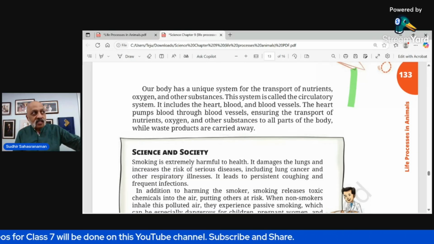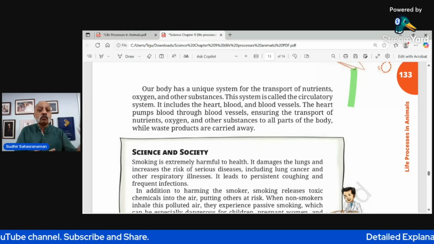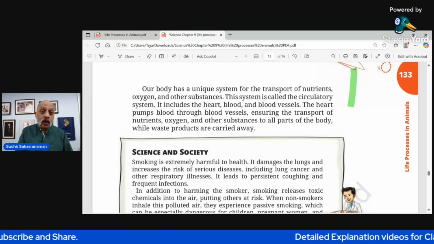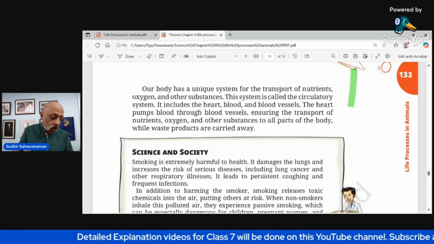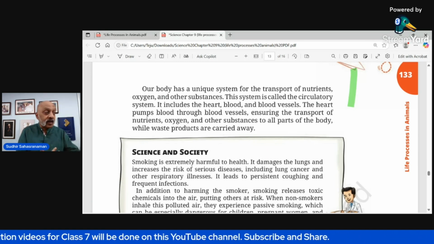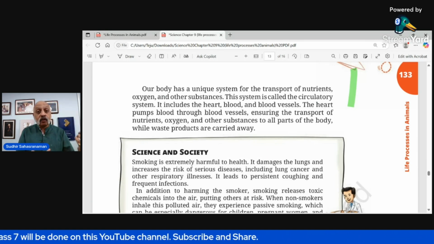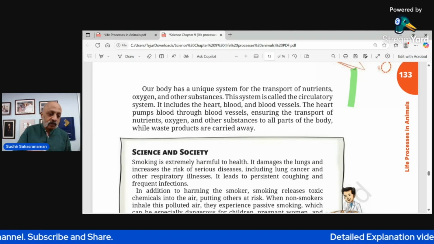Sometimes you realize some people have this problem that my left side is paralyzed. I'm not able to use my left hand, it's paralyzed. Mainly what happens, the oxygen and the blood vessels are not going there. There is blood clotting, or no oxygen and the blood is not flowing to that part of the body, as a result of which the left side of the human body of a person could be paralyzed, right? So that's what really happens.